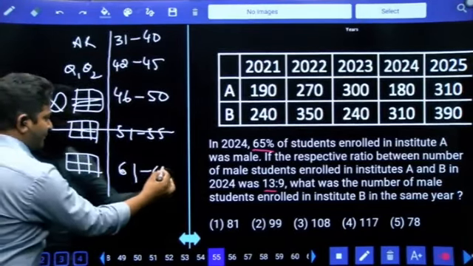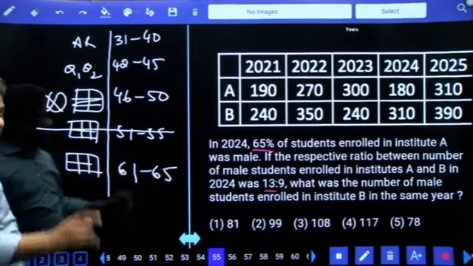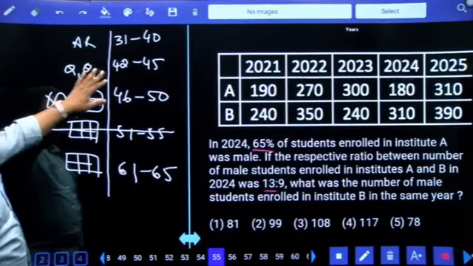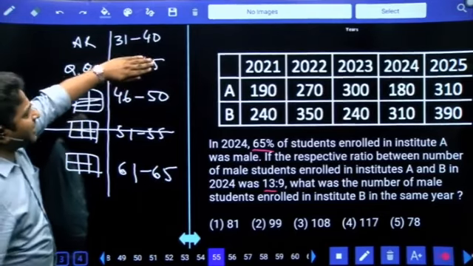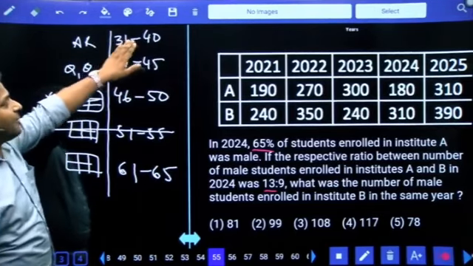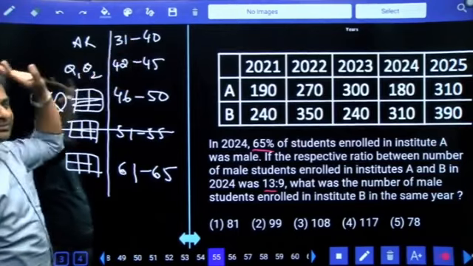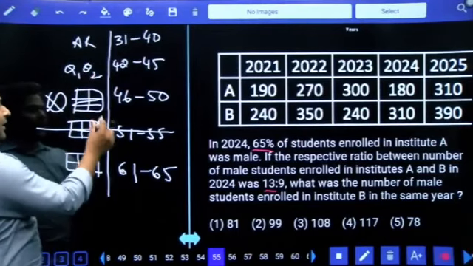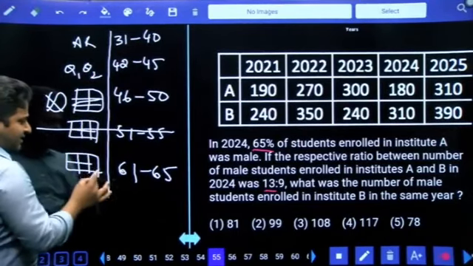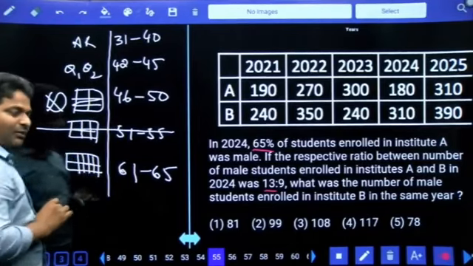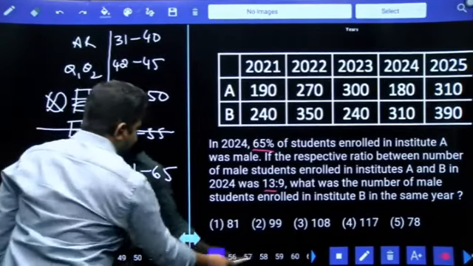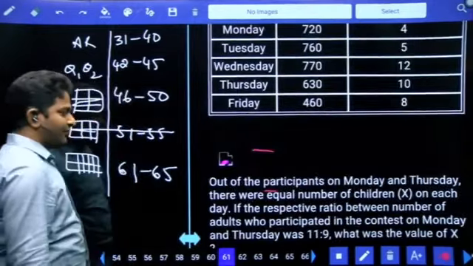Next set, preferably you can go for 61 to 65 because Q1, Q2 takes time. Let's give them last priority, and after completion of arithmetic questions, only then are we supposed to touch Q1, Q2s. Now, we have 2 images here, and in the table there is only 1 image. So better to go for 61 to 65.